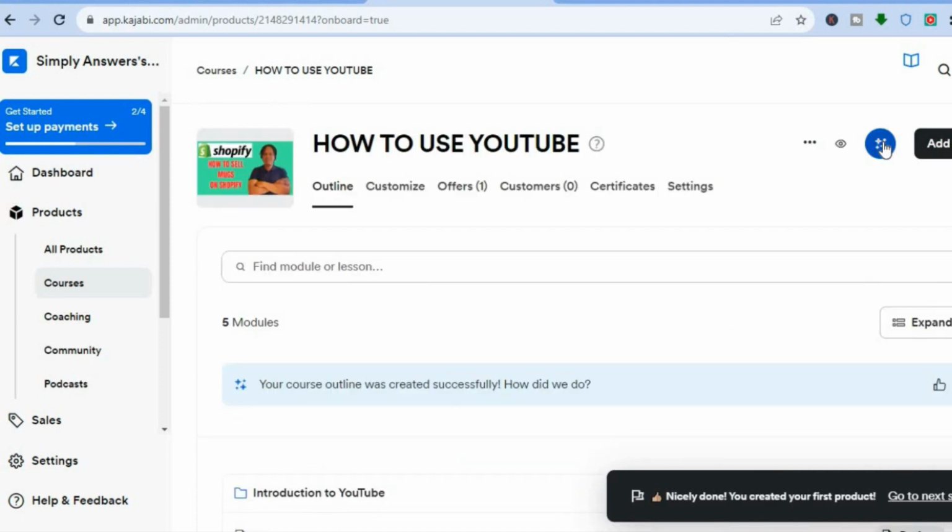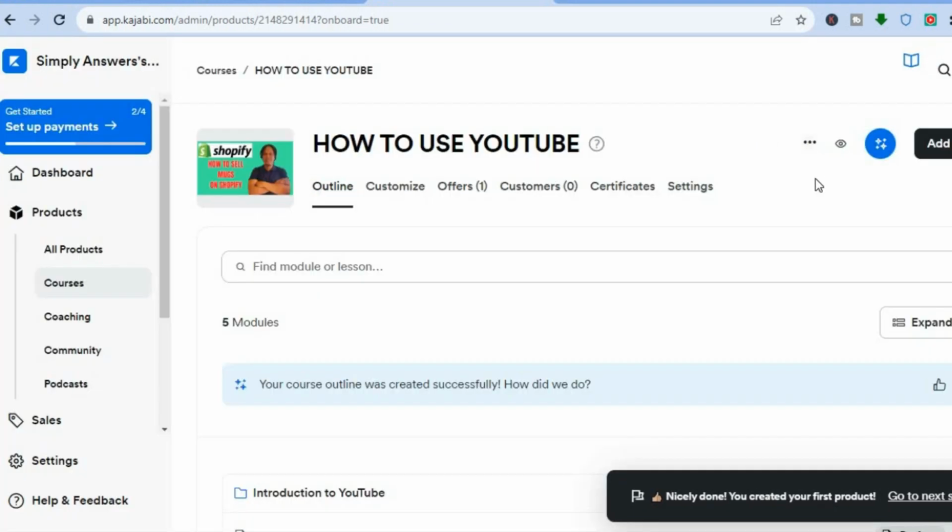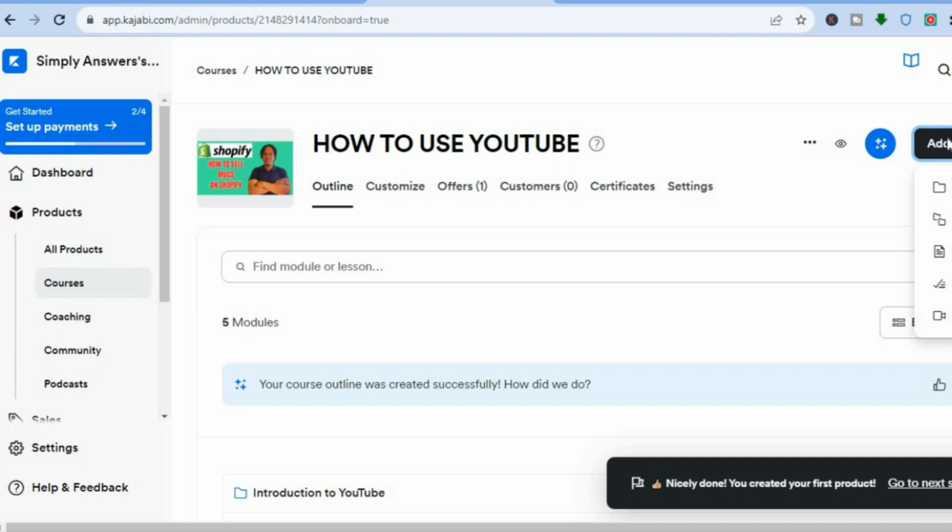And if you would like future help from the AI, all you'll have to do is tap right there. Then from there, you could type in the course topic or the module topic that you'd like to feature. Then tap on Generate, and the AI platform will be able to assist you. But if you'd like to add even more stuff, you could tap on Add